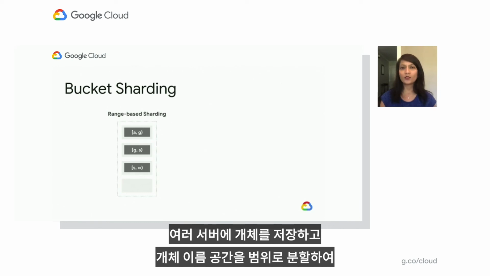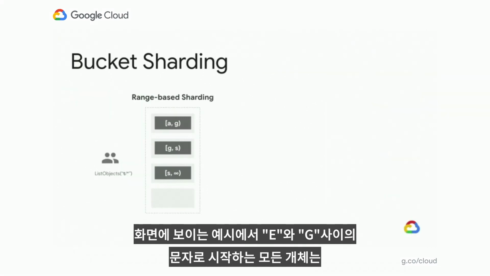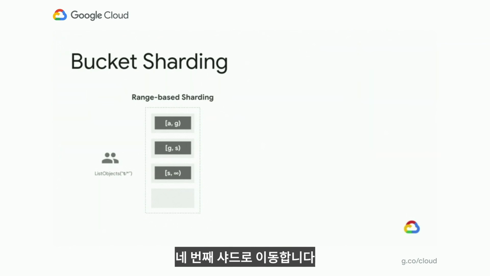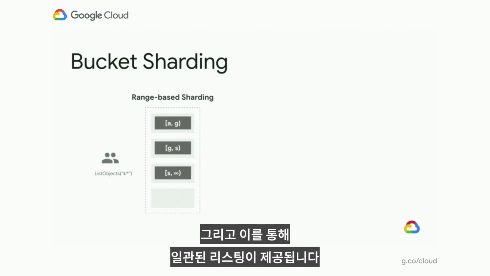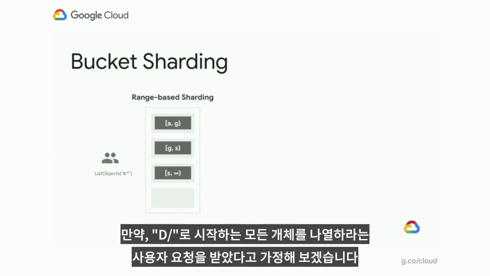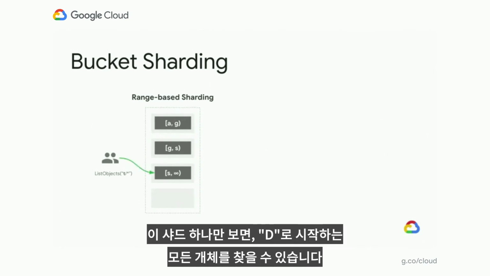So we store your objects across multiple servers, and the way we distribute your objects to servers is by splitting the object namespace into ranges. In this example here, any objects that begin with a letter between A and G will go into the first shard. Objects beginning with a letter between G and S will go into the second shard, and so on. What this allows us to do is provide consistent listing. So consider a user request to list all objects that start with T/. This request will be routed to the third shard, and looking up this one shard is enough to find all